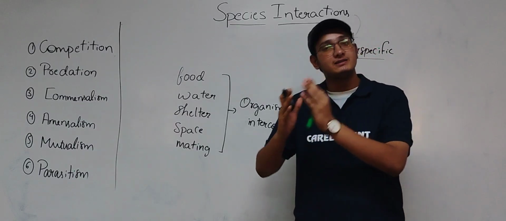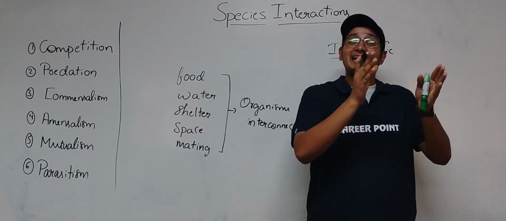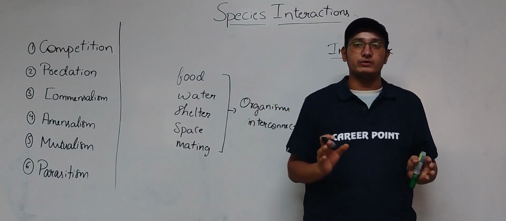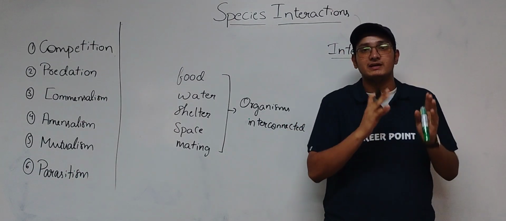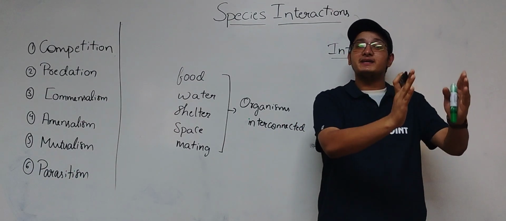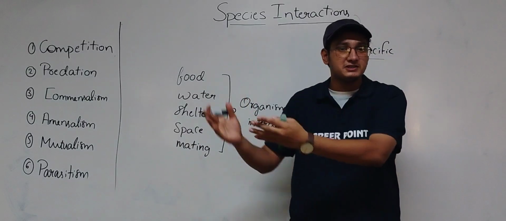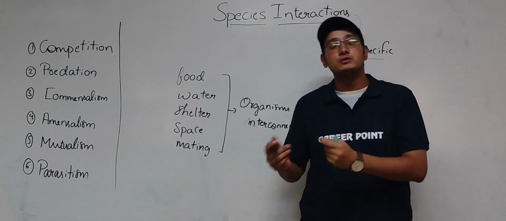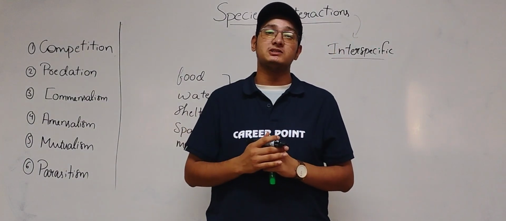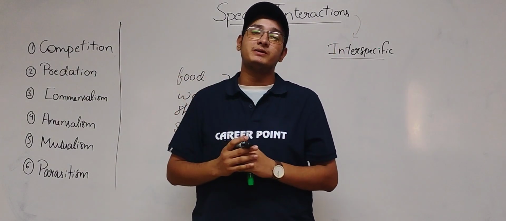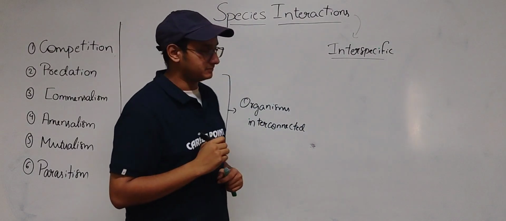They are dependent on other species, but we say that plants are independent in making their own food. Remember this point. They are independent in making their own food, but they are dependent on other organisms for other functions. For nitrogen fixation, they depend on other organisms. For pollination, they depend on different kinds of birds, insects, etc.